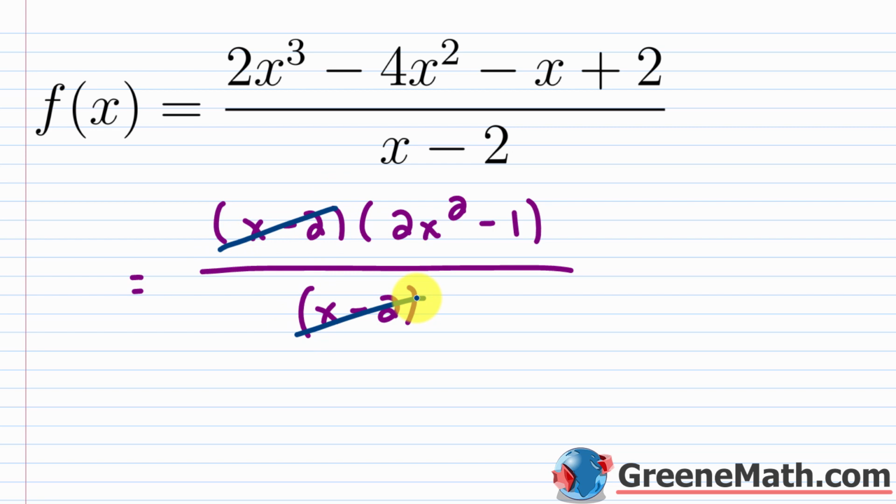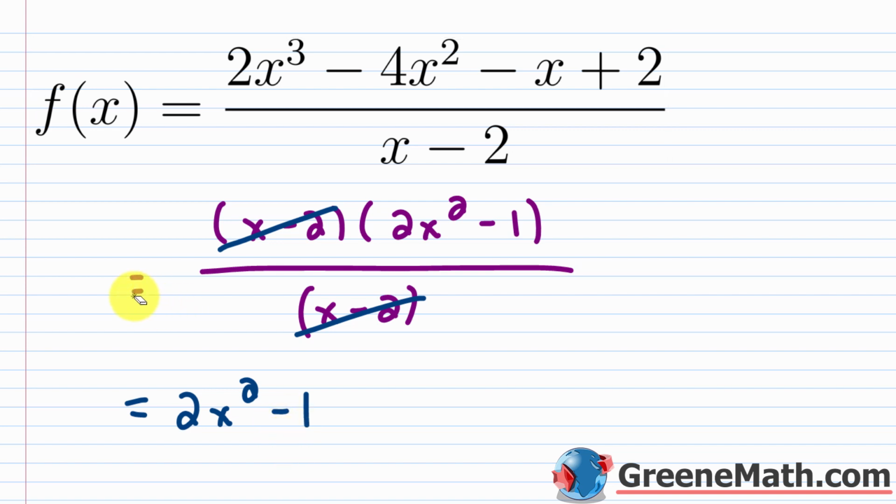But there's an issue with this, and again, we talked about this earlier on in the course. When you think about what's going to be produced here, you're going to get 2x squared minus 1. So this function and this function are the same, except for where x is 2. Because if you look at this original rational function here, x can't be 2. If you plug in a 2 here, 2 minus 2 is 0. Division by 0 is undefined. If you plug in a 2 here, it's actually okay. 2 squared is 4. 4 times 2 is 8. 8 minus 1 is 7. There's no issue. So what you have to make sure you do is carry over any restrictions from the original rational function